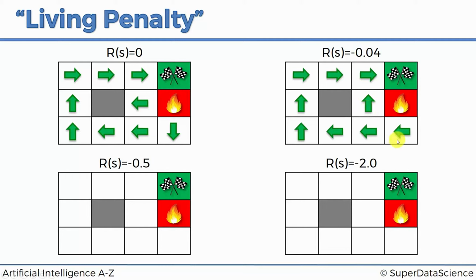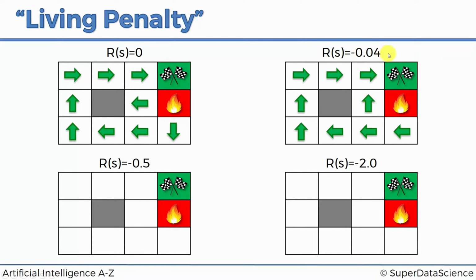So here you can see that instantly, these two changed. Now the agent doesn't want to jump into the wall. He is more likely to risk getting to the fire pit, having that 10% chance of jumping in here, but he will go forward. Because every time he jumps into the wall here, if he was going to be doing it here as well, every time he jumps into a wall, he performs an action,